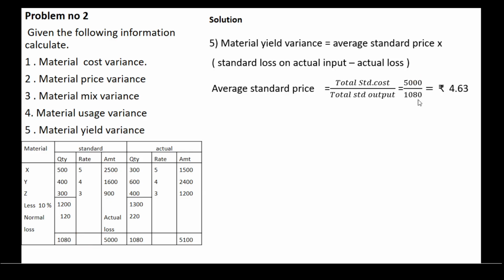So 5000 divided by 1080. So now the average standard price is rupees 4.63. Here we are calculating the average standard price, that's why we consider only the information about the standard, that is the total standard cost divided by total standard output. The average standard price is rupees 4.63. So next,